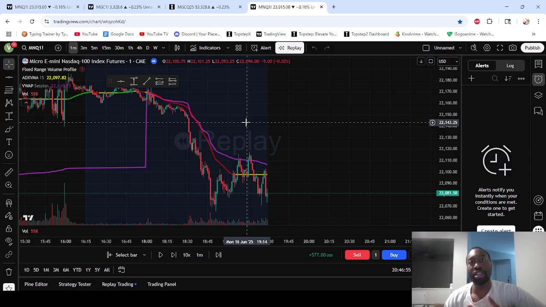You're seeing progression in terms of being able to identify ranges, identifying when I should be taking positions, in which directions I should be taking positions, when I should be exiting positions. And then after that, we're actually going to go over the trade that I took on gold